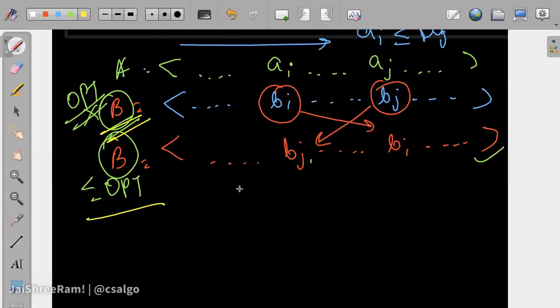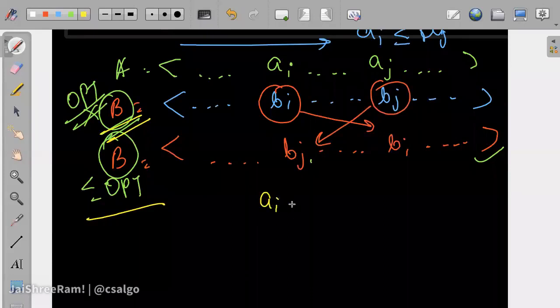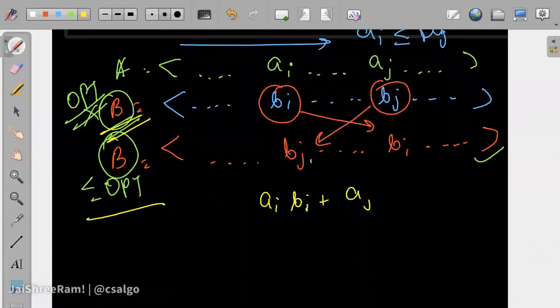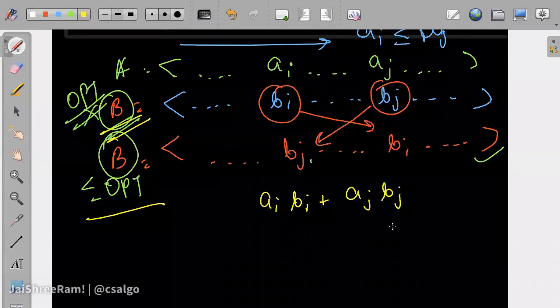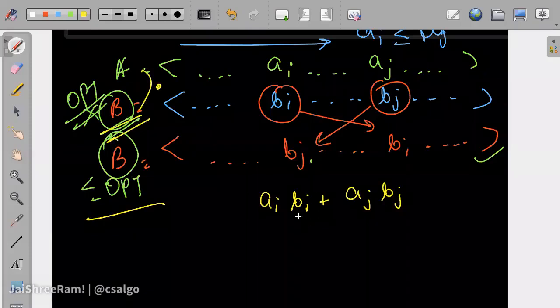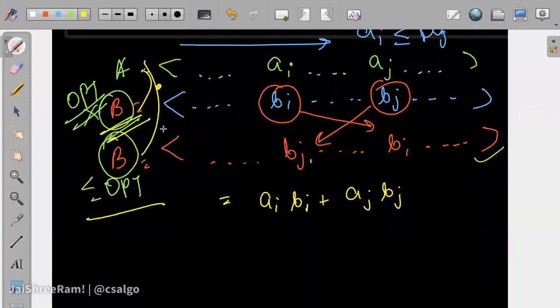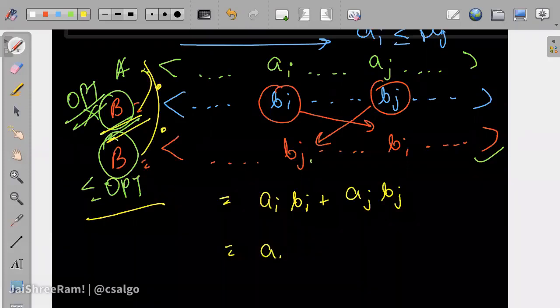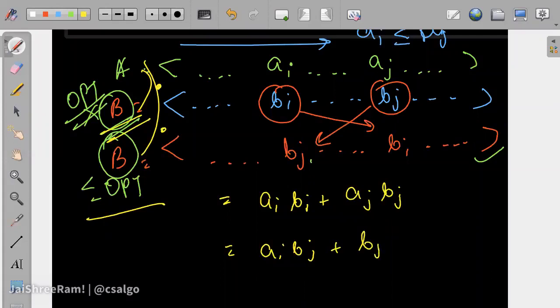Okay, so let's suppose we are multiplying these two values. When we take the dot product between these two, the value is A of I times B of I plus A of J multiplied by B of J, right? If we take the dot product after swapping, the value would be A of I times B of J plus A of J times B of I, right?